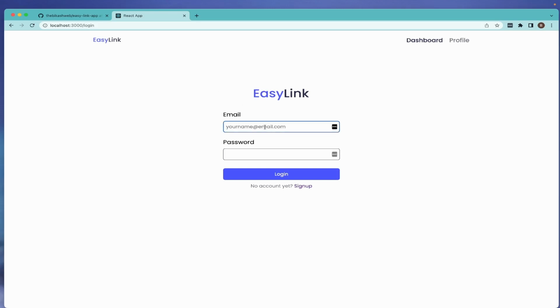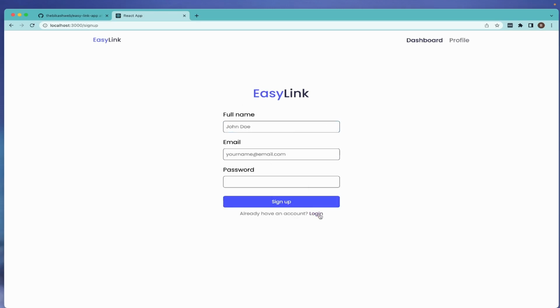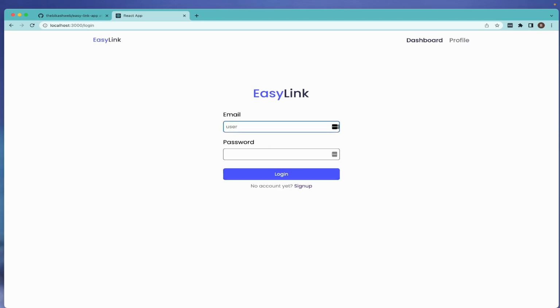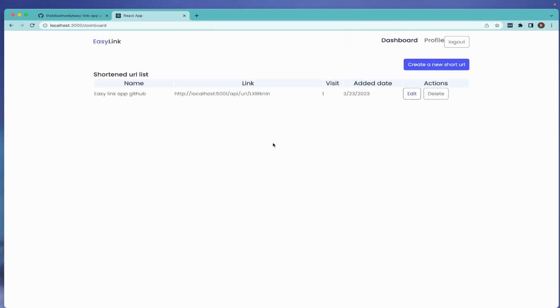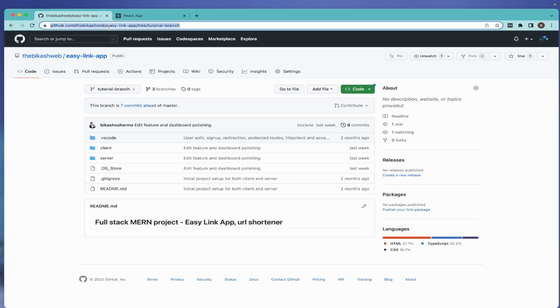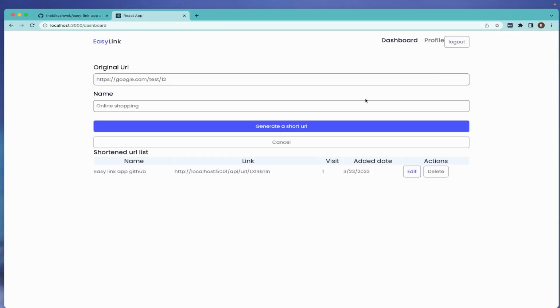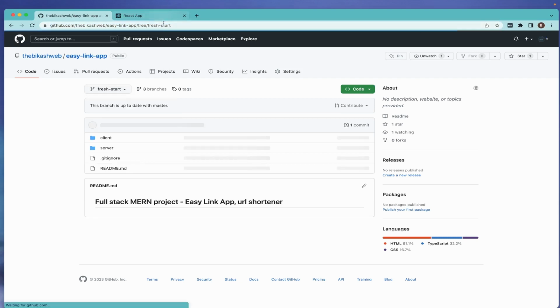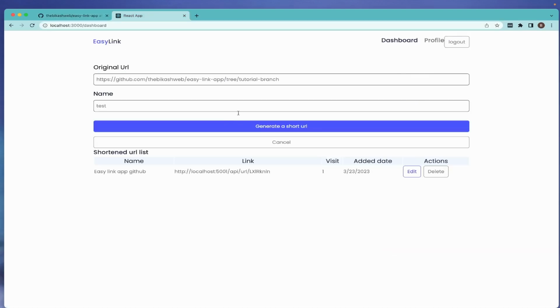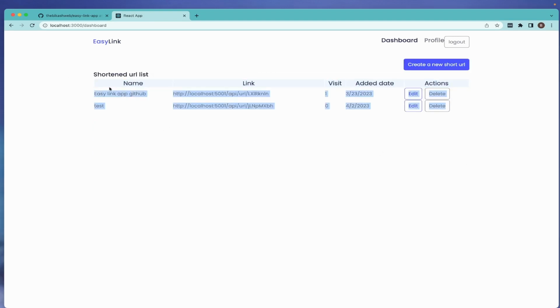So we have this login and sign up screen. You can sign up from here, you can log in from here, and if we log in with our username and password, then we are here, and this is where you can create more links. For example, if we want to make a short link for this, we can give the name. We can just do same. Well, seems like it's the same link, so let's try to find another link. Okay, so if we go here and if we give this and if we generate it, okay, so we have